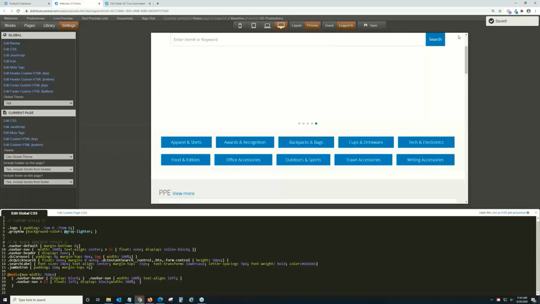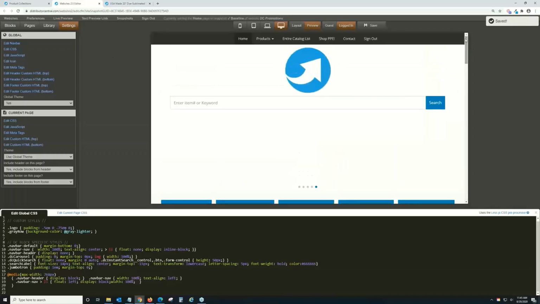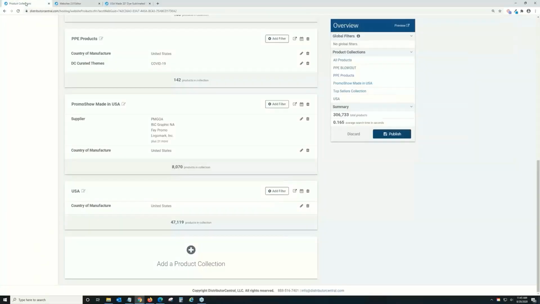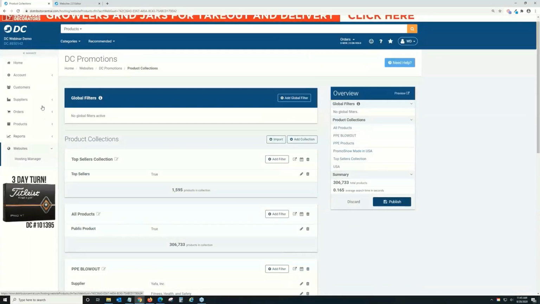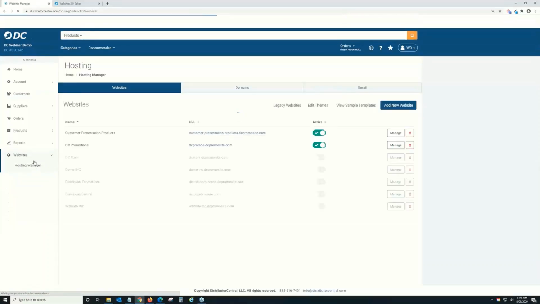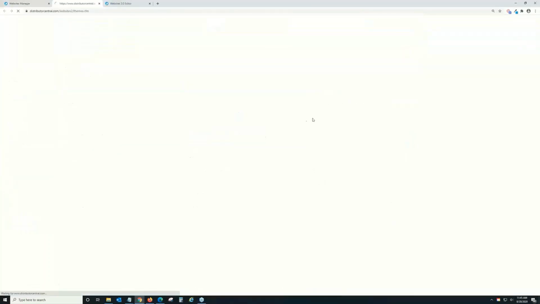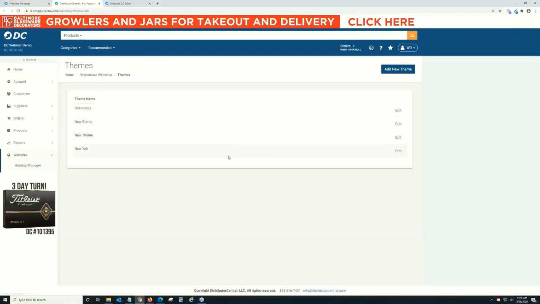Now, as I mentioned, it's a little bit more advanced, but you can also create your own theme. So if you come over here to the dashboard, anytime you have your website editor open, the dashboard will be open to the left, so you don't have to close out of it and go back in, and so on and so forth. So if you come over here and you go to Websites, Hosting Manager, and you can go to Edit Themes, and this again goes back to CSS. So if I go to Add New Theme,